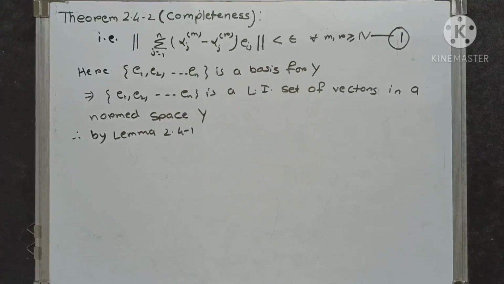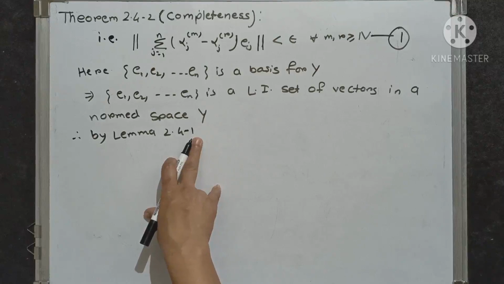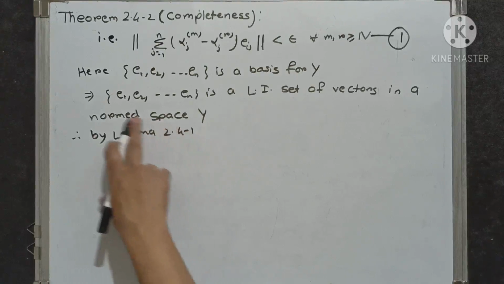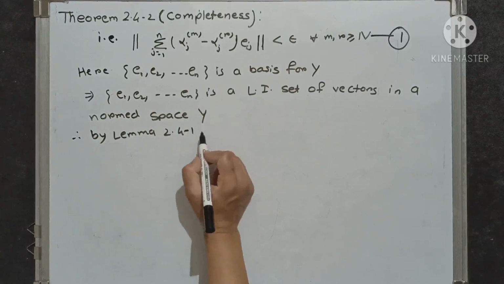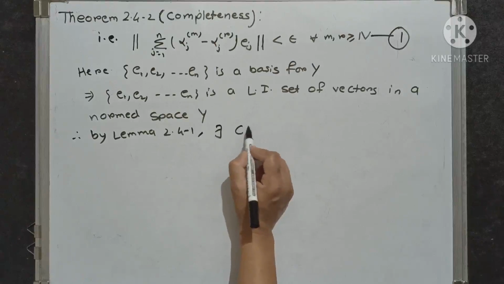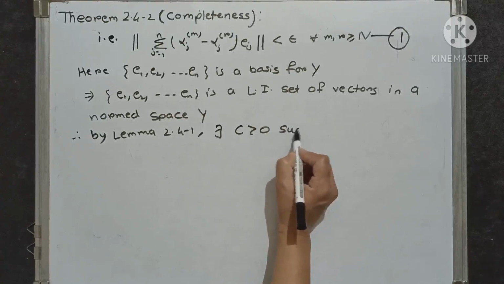In the same way we apply lemma 2.4.1 here for the linearly independent set of vectors e_1, e_2 up to e_n, and therefore by this lemma there exists a number c greater than 0 such